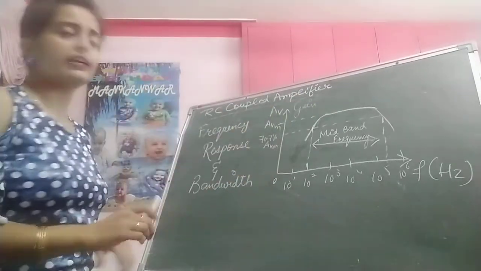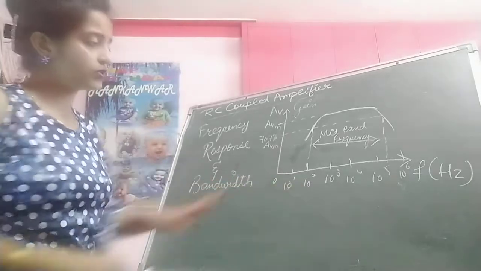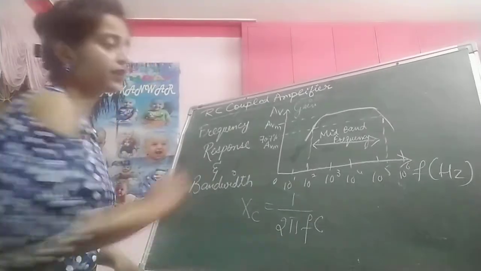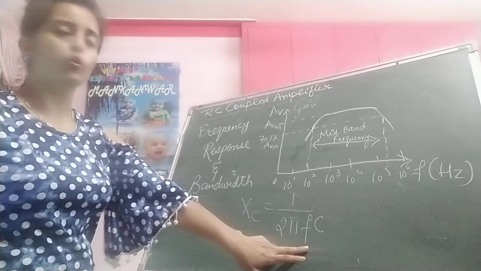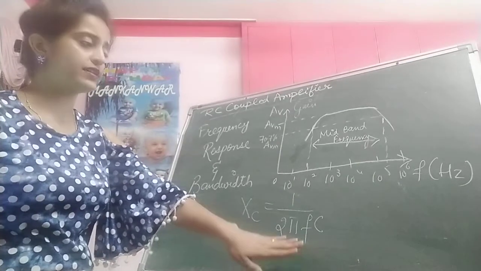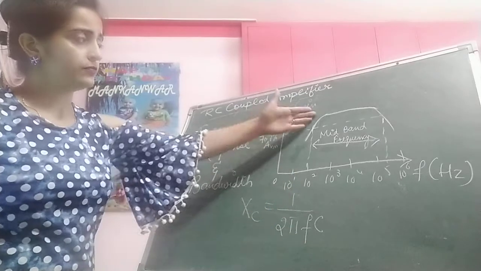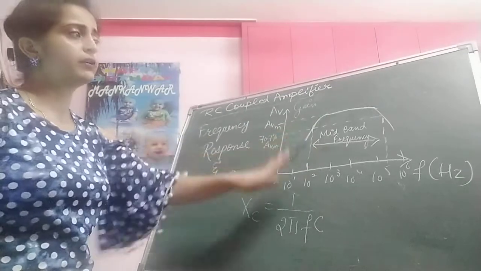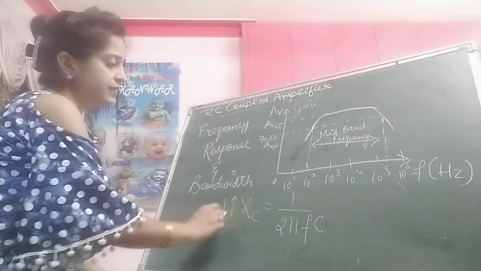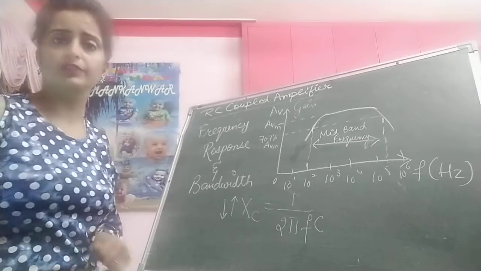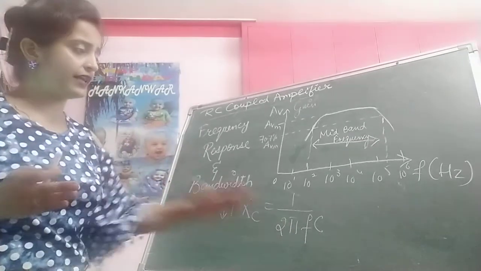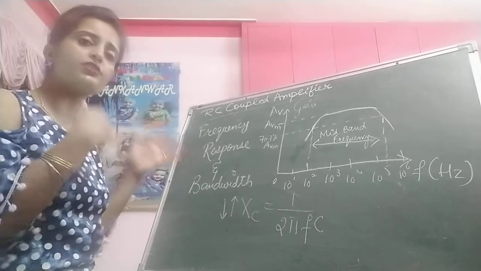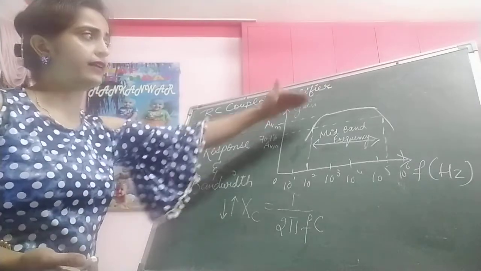Because of the capacitive reactance effect, as we discussed in the previous lecture, on the lower side of frequencies and on the upper side of frequencies, we experience lowering of the gain on both sides. But in the mid range there is a balance in the capacitive reactance, so the signal passes on to a particular level, and that is why the gain becomes constant.